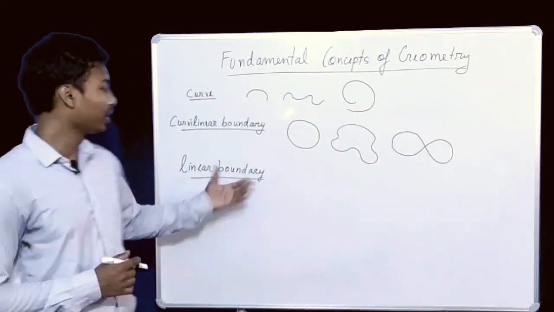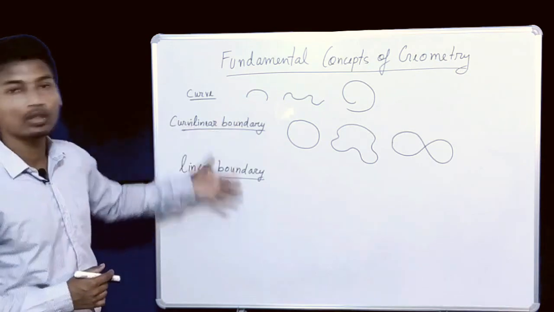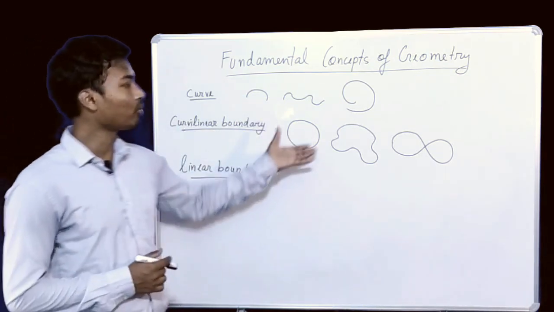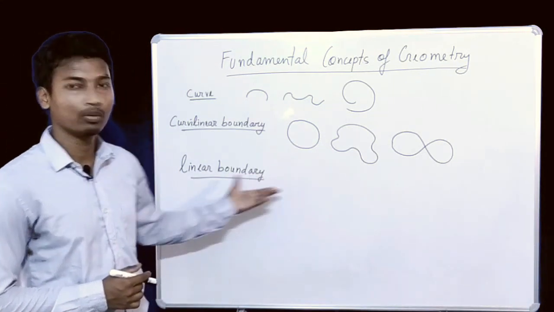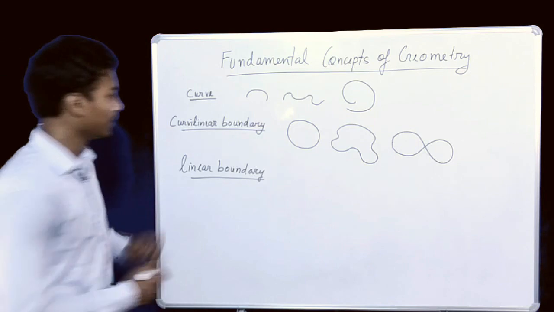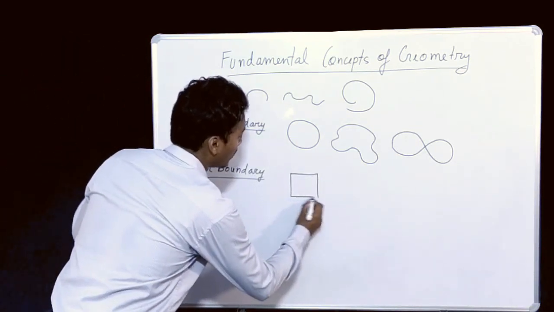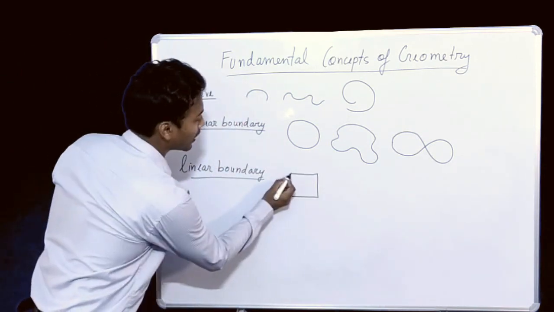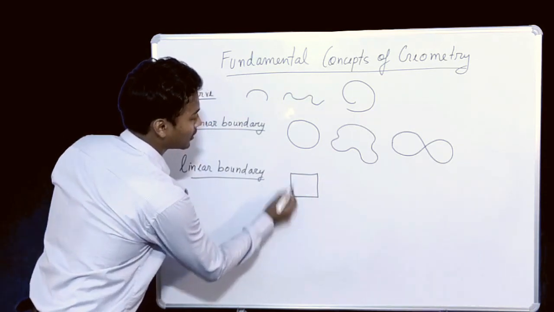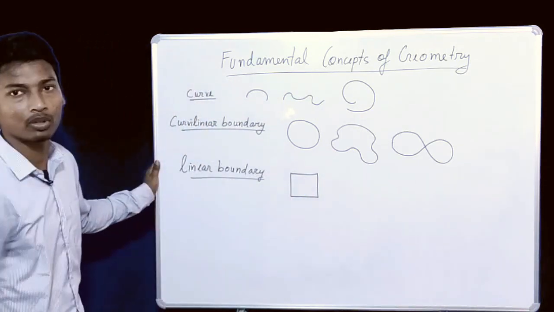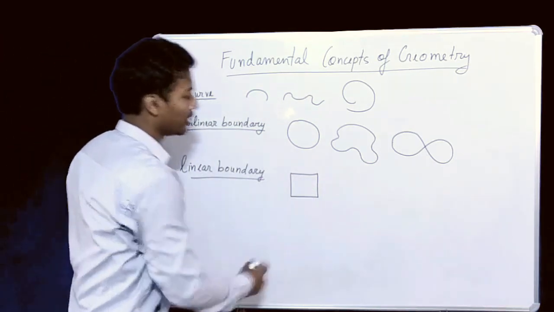Next, linear boundary. Now you very well get the idea of what a linear boundary will be, right? It is the opposite of curvilinear boundary. So here the figures were bounded by curved lines. So in this, a figure bounded by line segments will have a linear boundary. So let's take this shape. So you see this shape is bounded by line segments. So this is one line segment from here to here. This is one line segment. This is one line segment. This is one line segment. So it is bounded by line segments. So this kind of figure has a linear boundary. So this boundary is linear.